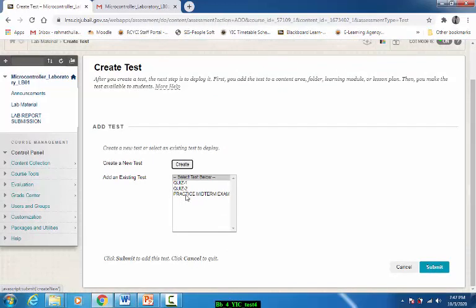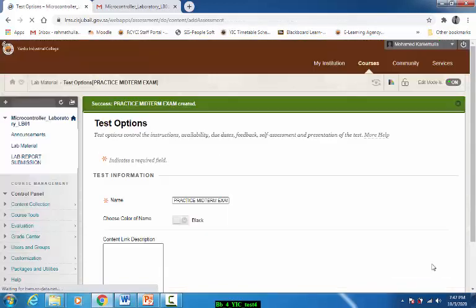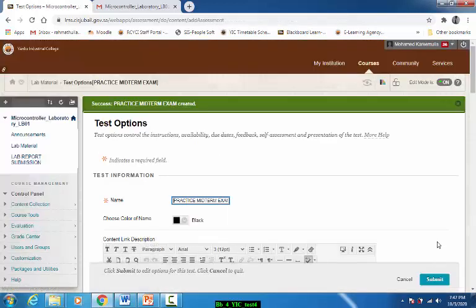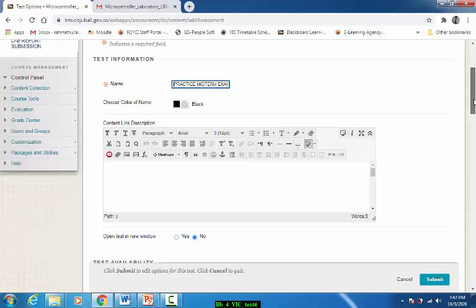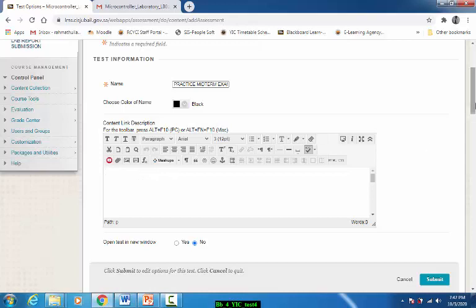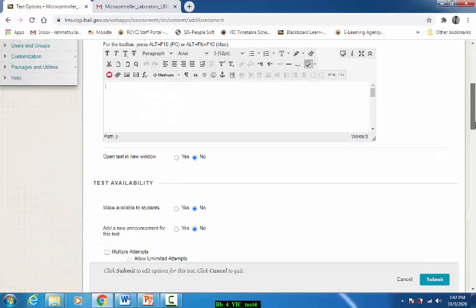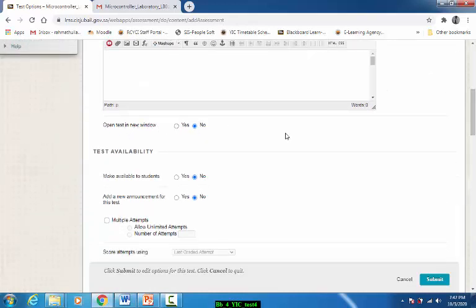Then I want to deploy the practice midterm exam. Submit. It is just like your quiz. You don't have any other additional settings. Then content link, if you want something as description here, and open in. Make it available. This is very important.